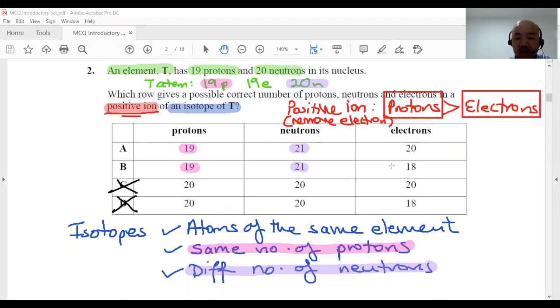So which one has protons more than electrons? I think the answer is B. The number of protons is more than the number of electrons. This is bigger, as you can see. This value is bigger than this value, whereas the other one is opposite. The proton is smaller than that. All right? With that, ladies and gentlemen, the answer is